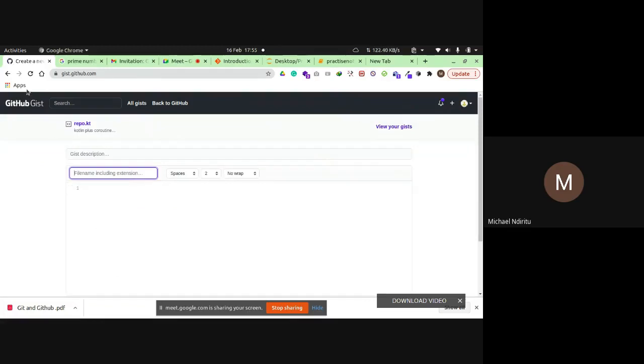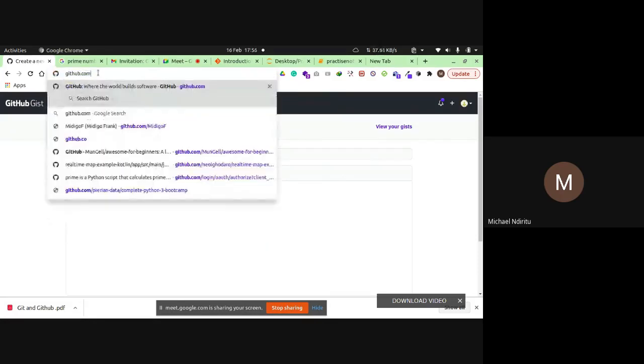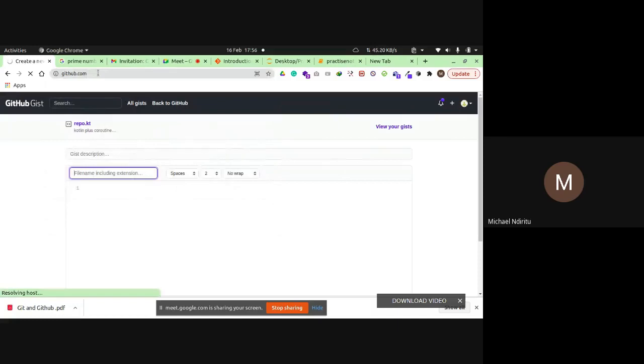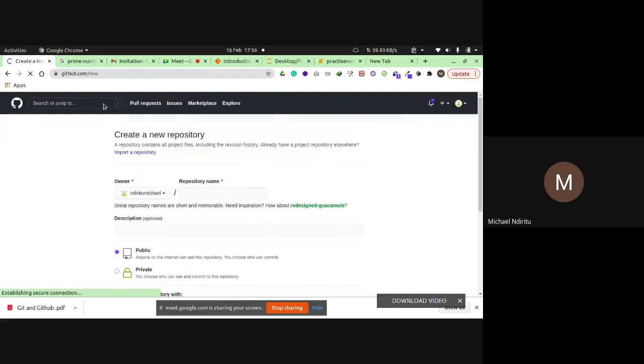Here you're going to create a new repository. You can call it practice, make it public, and you can say test repo.